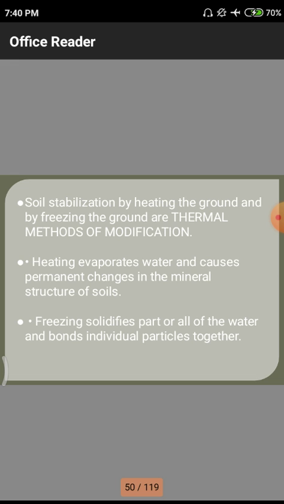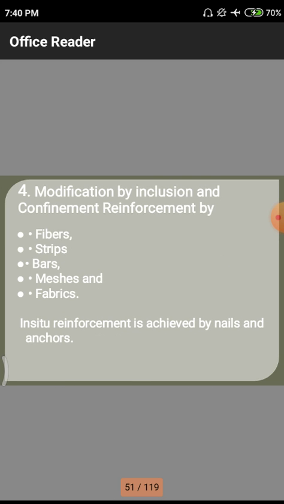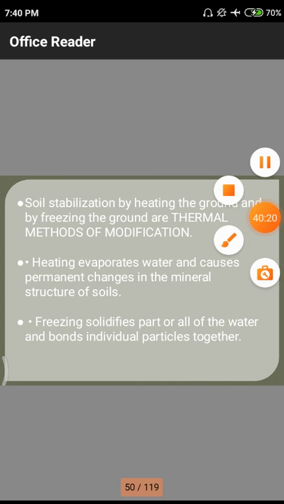Heating evaporates. That means whenever we heat a particular stratum, automatically due to this heat the water will evaporate at 100 degrees temperature, like that. Freezing solidifies part of the water and bonds individual particles together. Freezing means normally in a refrigerator we observe these freezing techniques. There may be a huge amount of bond between these water particles. Automatically they will form a solid-like substance whenever this freezing technique is applied, so we have to use those freezing techniques. Okay, today's class is